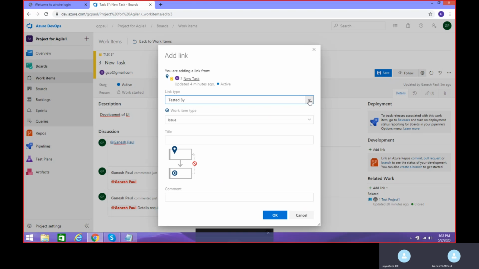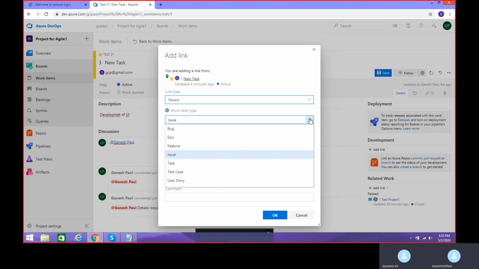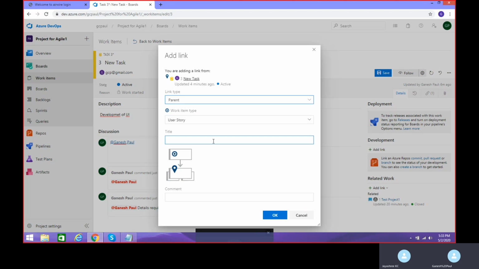Select parent. Now select the parent as user story, because the parent should be a user story for a task. Give the title test 2 or something. Save. Go ahead and add.